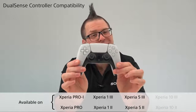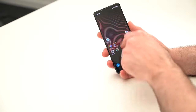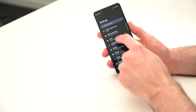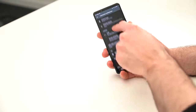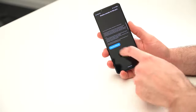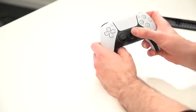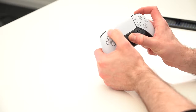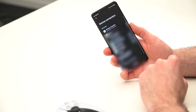First up, a great feature for mobile gamers, the DualSense Controller is now officially supported for gaming. In order to connect the controller to your newly updated Xperia device, go to Settings, Connection Preferences, and scroll down to Wireless Controller for PS5 and PS4. Tap Pair New Controller, Pair New Device, and then put the DualSense controller in pairing mode by pressing the PS button and the Create button at the same time. After a few seconds, the controller should be detected by the Xperia, select it on your phone and follow the